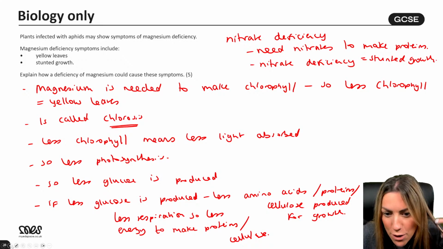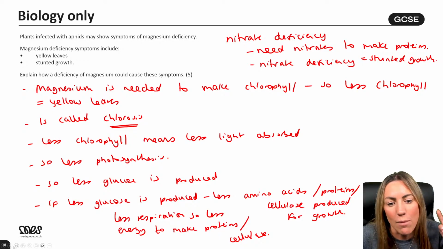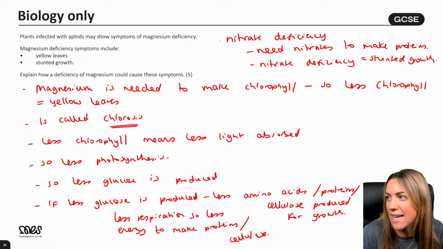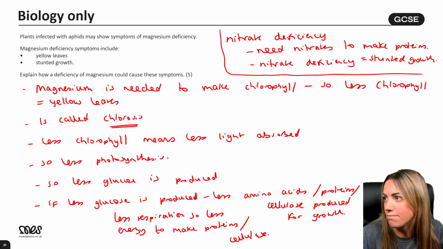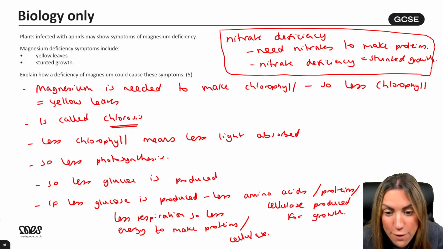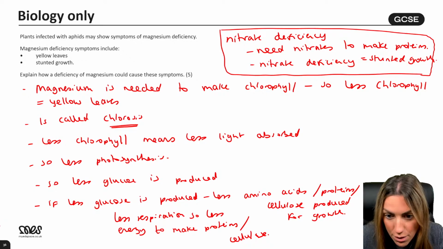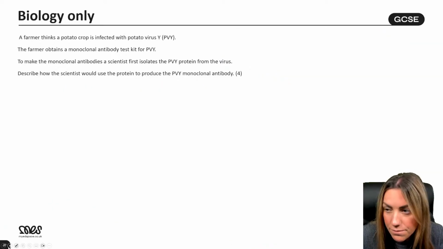Yeah, they need glucose and nitrates to make amino acids. Yeah, Sienna, because amino acids contain carbon, hydrogen, oxygen, and nitrogen. Yeah, that's for nitrate. So that's the other one. Nitrates and magnesium deficiency. Yeah, so for sure, without nitrate ions, they would have stunted growth. Yes, yes, yes. Okay, let's have a look at another question.